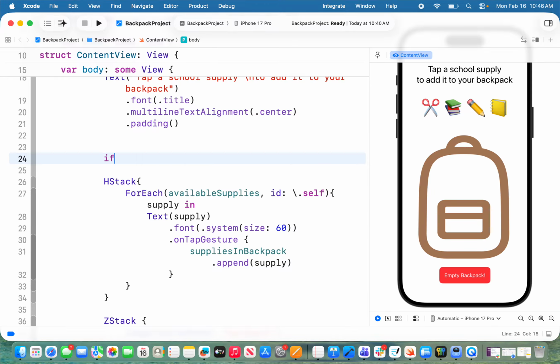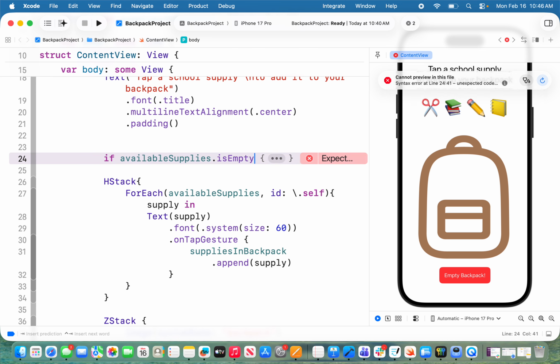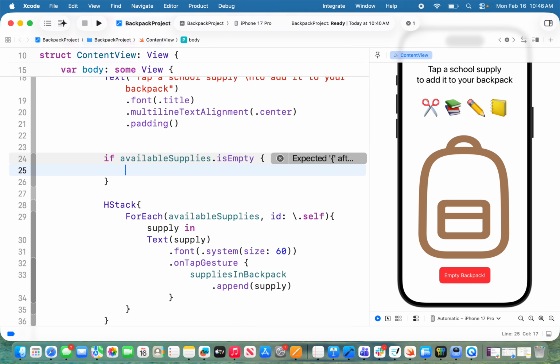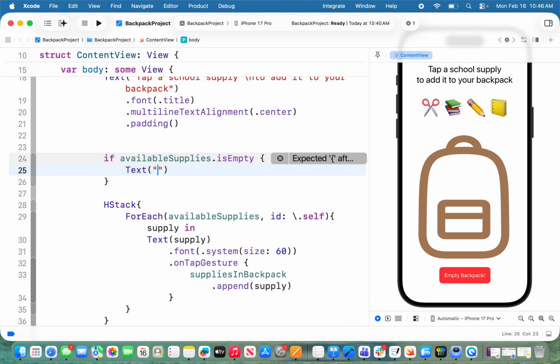We are going to create this little if statement, and we're going to say if available supplies, and then check to see if it's empty. And if it's empty, then we want to do something else. Notice that it's wanting us to do something here. And if it's empty, let's put my curly braces. There we go. Then I want to just display some text that says, yay,